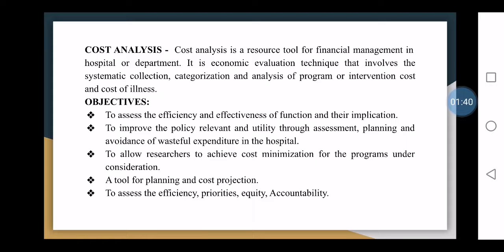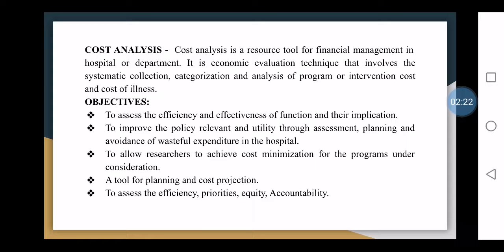So it involves really many things. It really involves collection. In order to do any analysis, first we have to get the data collected. So systematic data collection and categorization. We want to categorize it. How much amount we have spent for patient care, how much we have spent for getting new techniques or new equipment in the hospital, how much we spent for the surgeries, what was the real cost of surgery, what was the payment for doctors, how much we spent for the payment of nurses, for the fourth class workers, cleanliness, waste management, water supply, electricity bill, everything. They have to categorize everything.